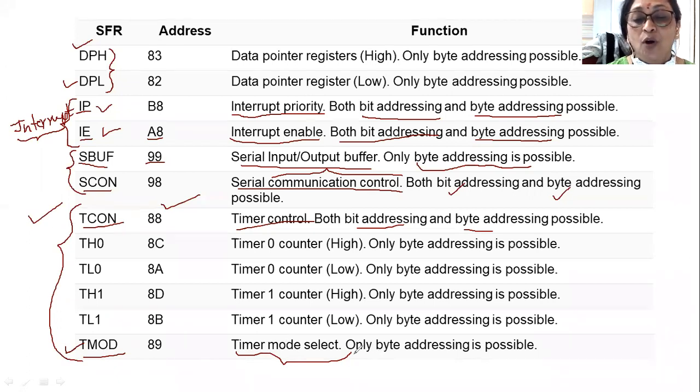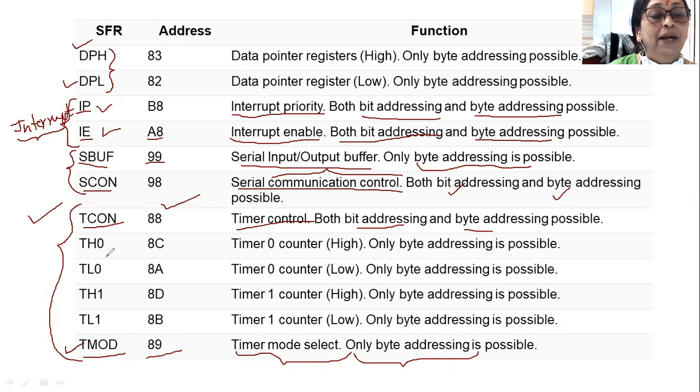This type of register is only byte addressable. It is not bit addressable. That means you can only write a byte, that means 8 bits simultaneously, into this type of register. The address of the TMOD register is 89. So TCON is 88 and TMOD is 89. You need not remember addresses of the registers. Just remember their names, because it is difficult to remember the addresses, but some may have good numerical memory. They may remember, but all may not remember. Just remember their names, TCON and TMOD.